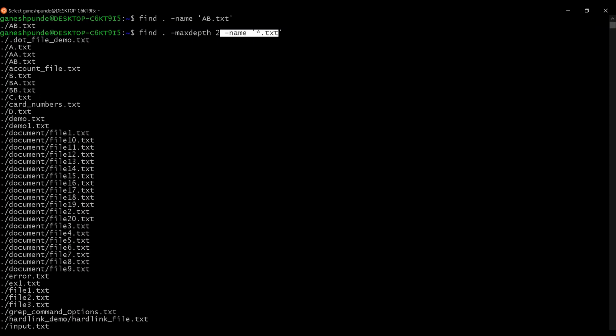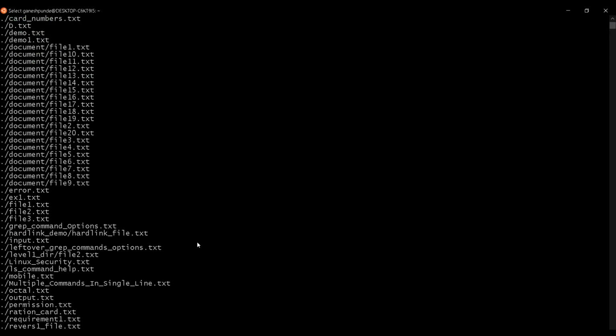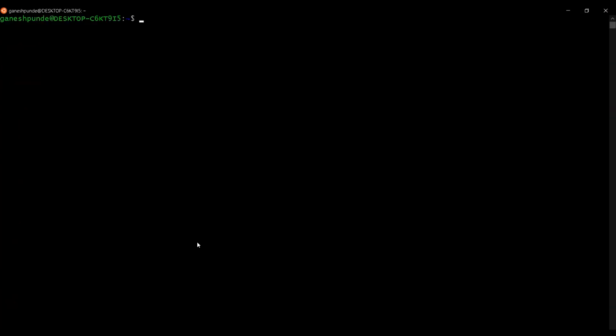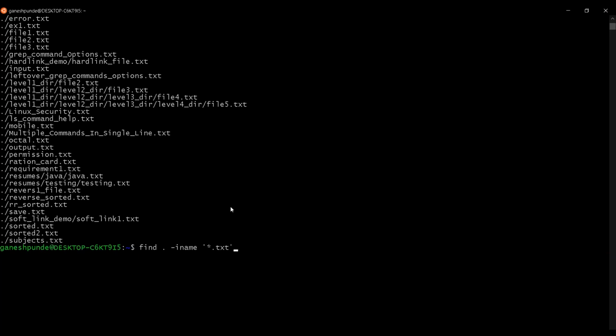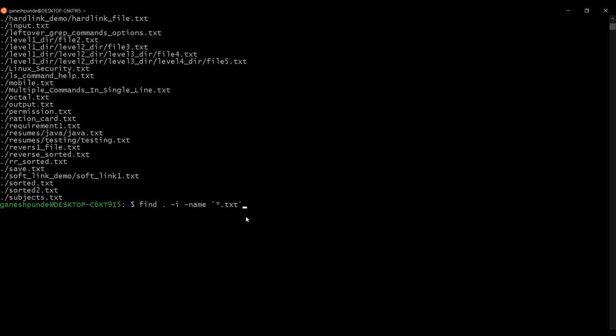Now in some cases, you want to invert the case sensitivity. Every command in Linux is case sensitive, right? So if you want to revert that, what can you do? You can use -iname, with -i and name both together, not as separate options. If you specify them separately, this will give you the error.